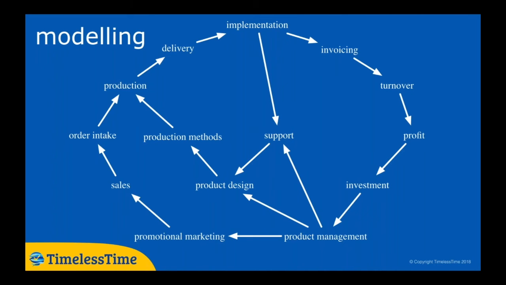This is out of a science called systems dynamics, and what it's about here is that we see, for example, if you look at the bottom right, investment leads to product management, which leads to product design, which leads to production methods, which leads to production, which leads to delivery, etc., all the way around to profit. And you can fill in, this is just an example organization. This would be unique to your organization. You would build one, and this is the sort of stuff we do. You would build one of these for your